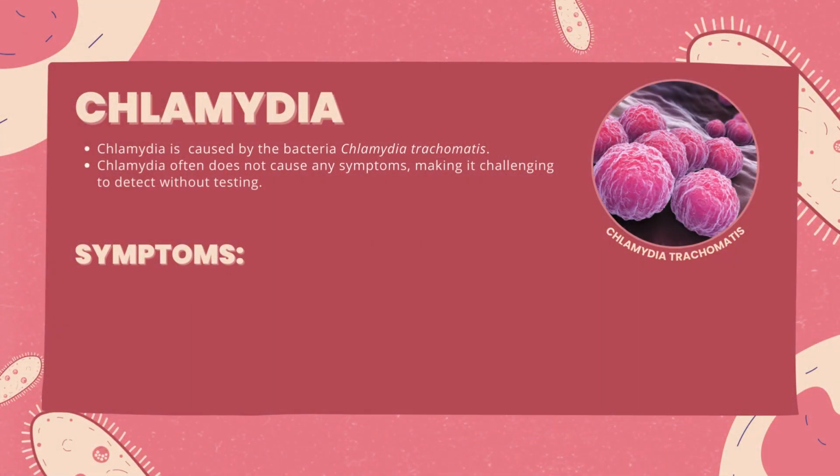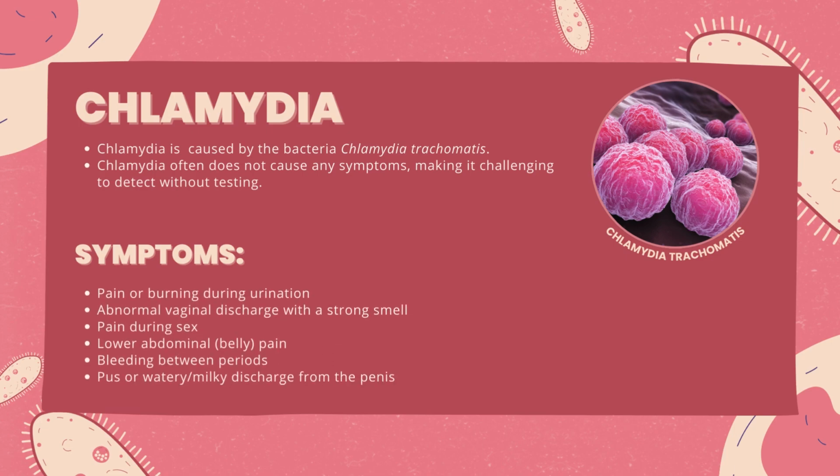Chlamydia. Chlamydia is a common sexually transmitted disease caused by the bacteria Chlamydia trachomatis. Chlamydia often does not cause any symptoms, making it challenging to detect without testing. However, when symptoms do occur, they can include pain or burning during urination, abnormal vaginal discharge with a strong smell, pain during sex, lower abdominal pain, bleeding between periods, pus or watery, milky discharge from the penis, swollen or